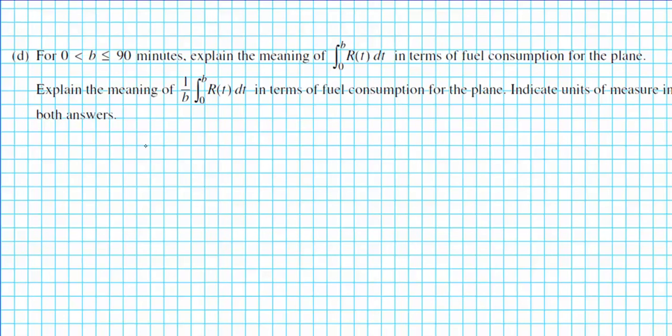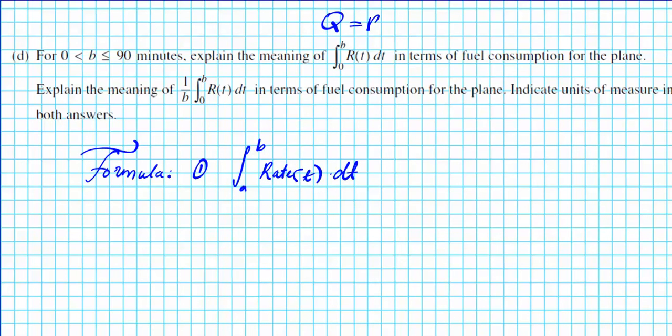Okay, so two formulas that we want to keep in mind for this problem. First one is the integral from a to b of some rate as a function of time dt. Now, what is rate times time? You want to remember quantity is equal to rate times time, or distance. Well, in this case, it's quantity of gasoline that's used, or amount. So what we're doing is we're accumulating quantity over a period of time. Over a period of time, this integral represents the total amount or total quantity of fuel that